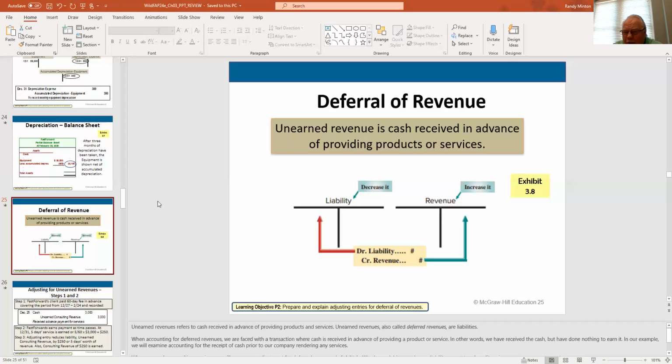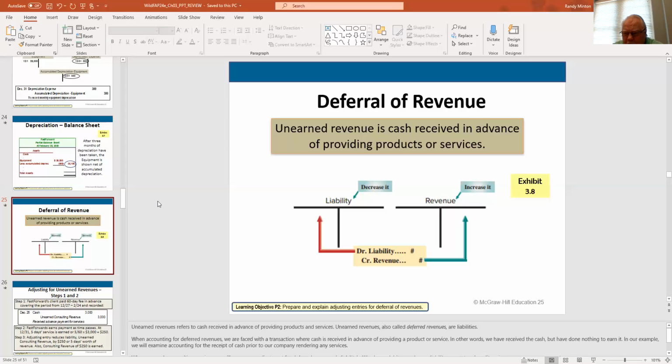Revenues will all go away. They won't be there. We're going to close every single one of them out. Revenues have a normal credit balance. We're going to debit them and make them go away and put it to income summary. And again, this is serial 4. It's a very short one, about 15 minutes, and it walks you through exactly what you have to do in the order that you have to do it in.